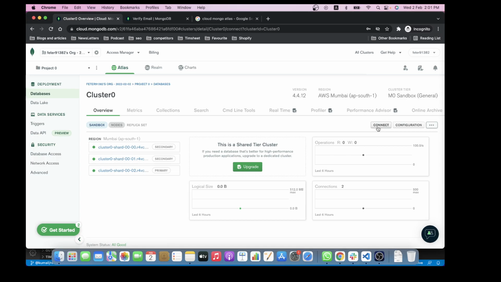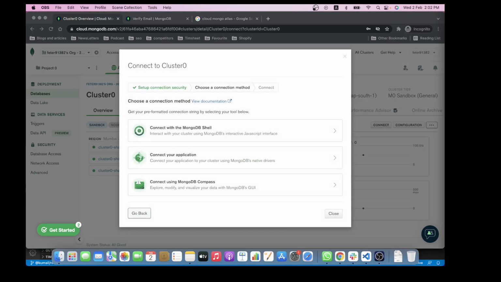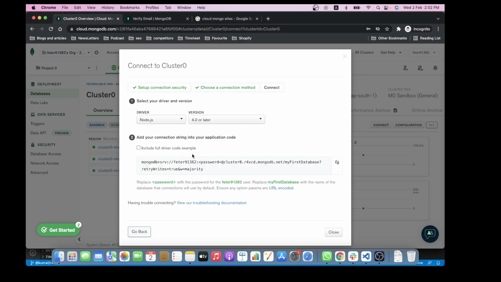And now click connect. Select the connect your application. This is the connection string that you'll need in your API with the password that you have set and the database name that you have made. Copy this